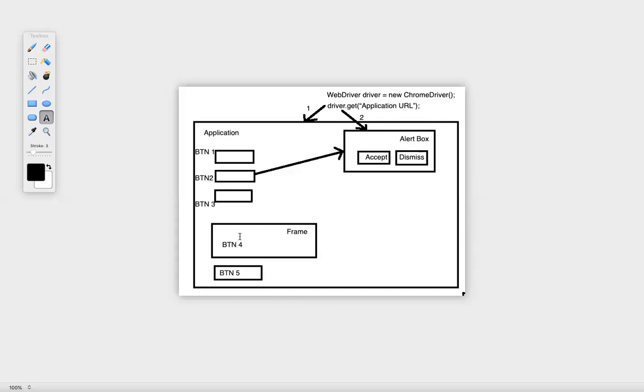So make a note, if you are guaranteed that your XPath, your ID, or all those things are absolutely correct, and it is working for some of the other elements but not for one element, that means this particular element can be in an iframe. So please keep an eye on iframe as well.